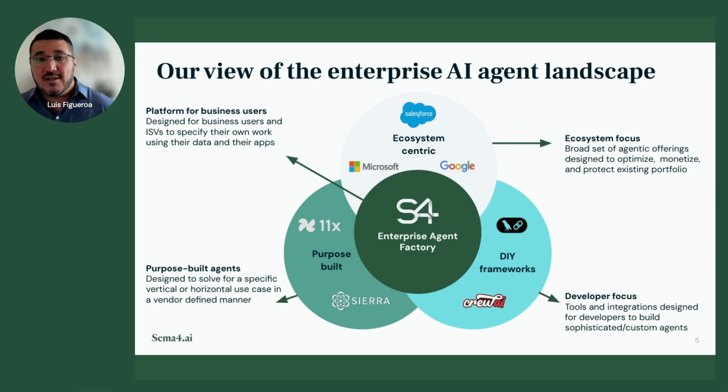Now, with all this potential, as you can imagine, the AI agent landscape is getting very crowded. So we really looked at the space, and we have identified at least 3 major categories of AI agent frameworks. On the top here, you see the ecosystem-focused frameworks, and these are, you can think of, the hyperscalers or the